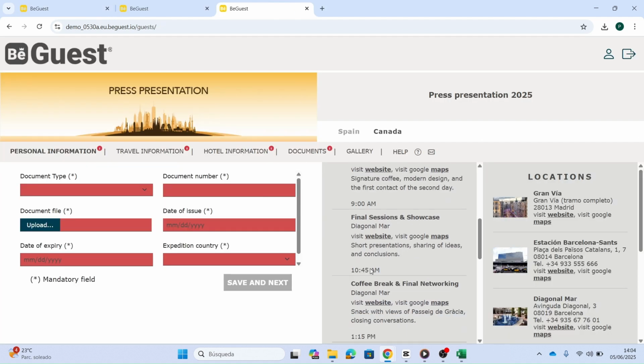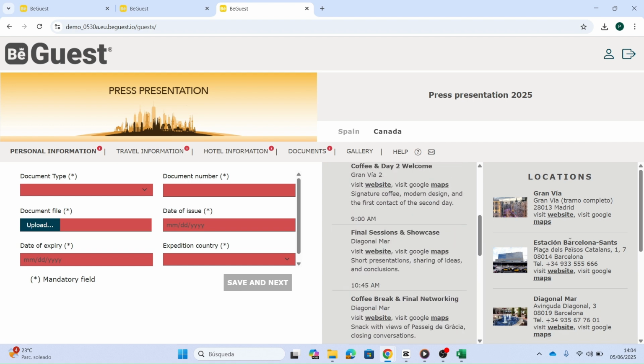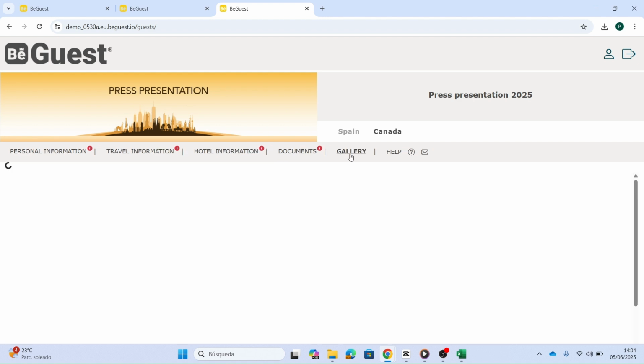That's how easy it is to manage your guests and launch your event in BeGuest. Now your attendees will have access to all the event information through their portal and you will have the full